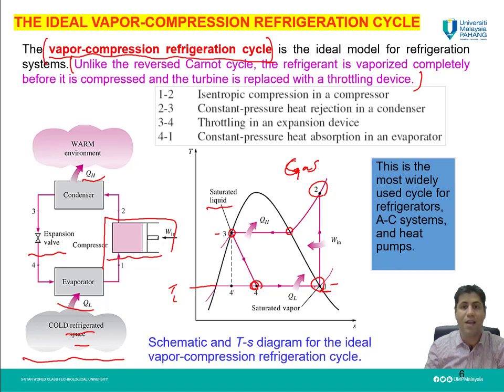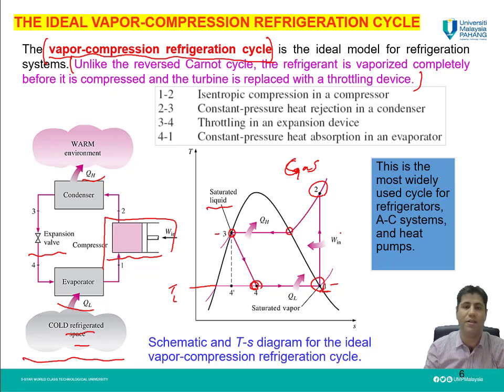So in the ideal vapor compression refrigeration cycle, in state 1 we have a saturated gas, and in state 3 we have a saturated liquid. These are the different states which a refrigerant experiences in a vapor compression refrigeration cycle,